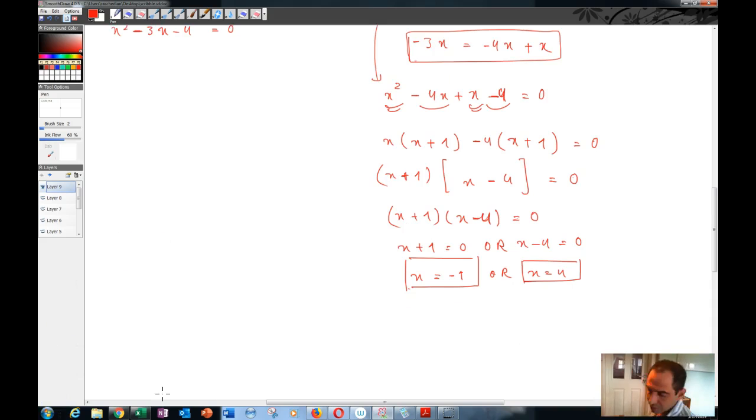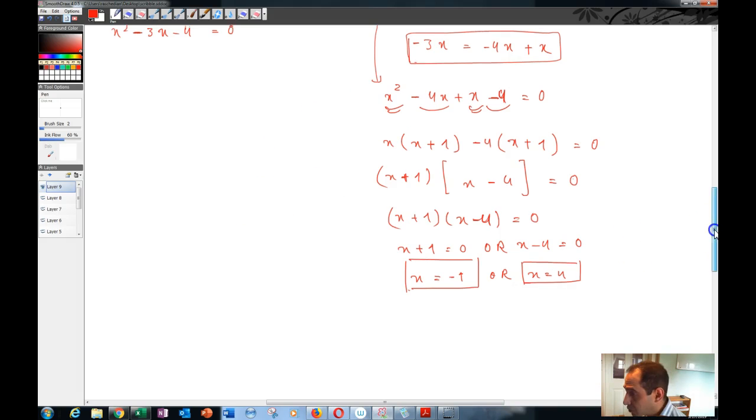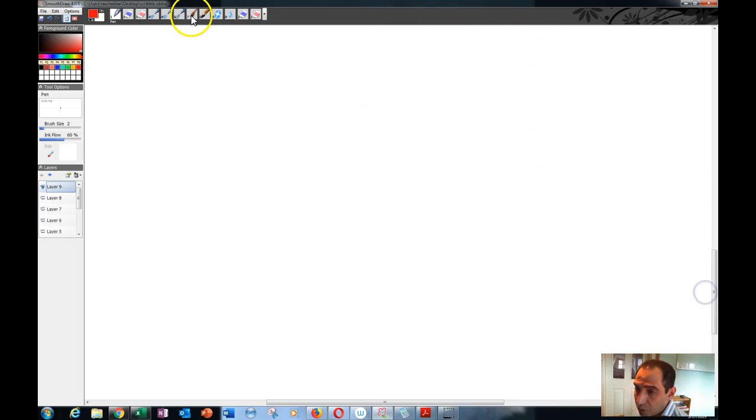Okay, so now there are some relationships that exist between the coefficients of a polynomial and the zeros of this polynomial. And by the way, these zeros are also sometimes called the roots of the polynomial. Instead of saying zero, you can say the root of the polynomial. And then we said that if you have a first degree polynomial, which is actually called a linear polynomial,